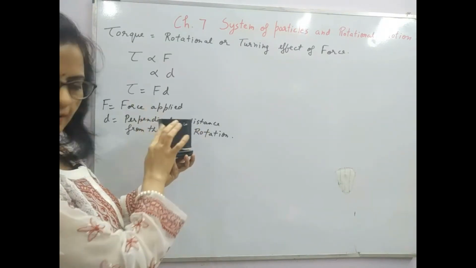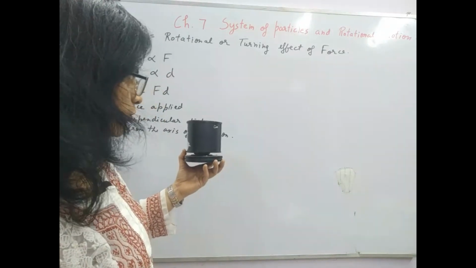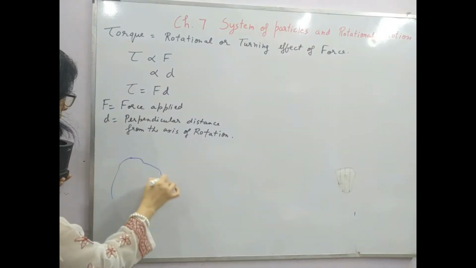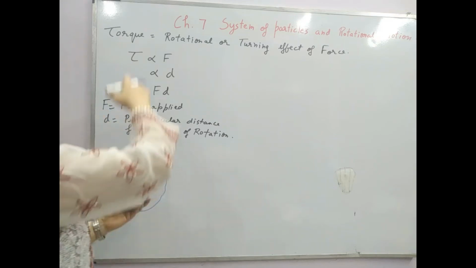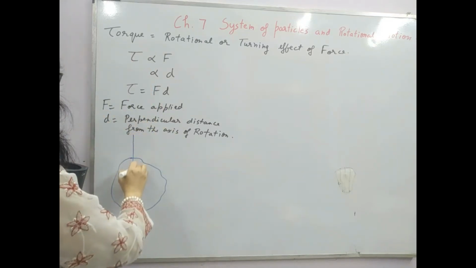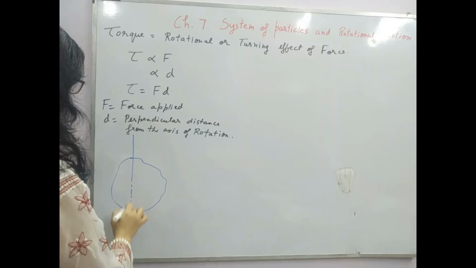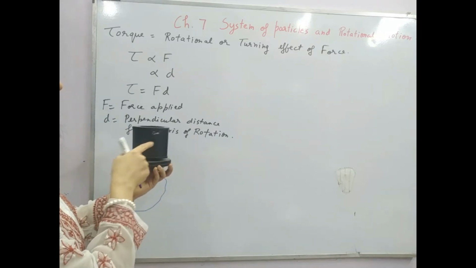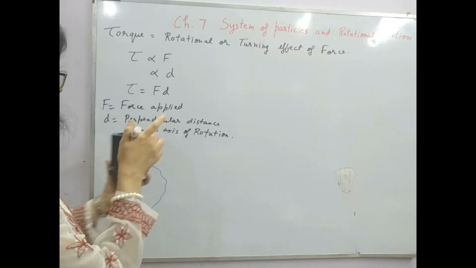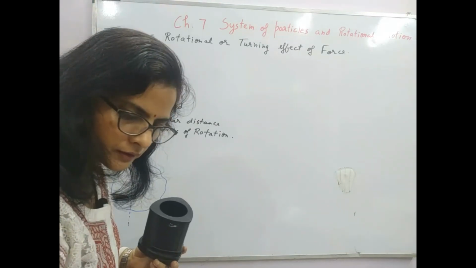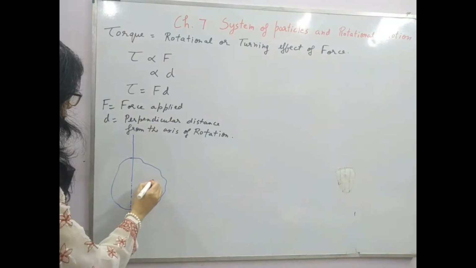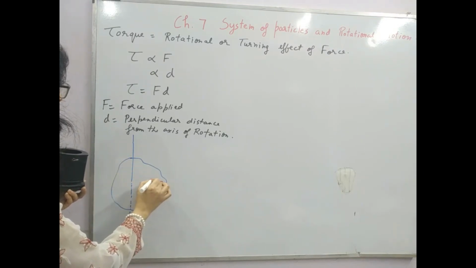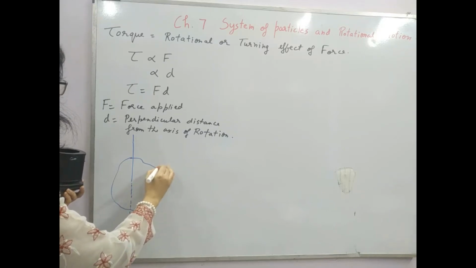Yes. So I am drawing a body to show this object. Suppose that body is non-uniform, whatever it is. This is the axis of rotation which I am drawing here like this. This axis is not visible, but we know that there is an axis. Now if I am applying a force here, this is the point of application of force. Suppose I have applied this force at this point, right? So this point I am marking as point P, where I have applied this force.